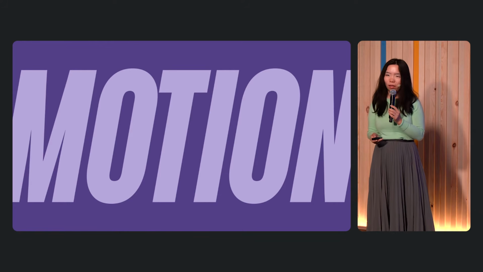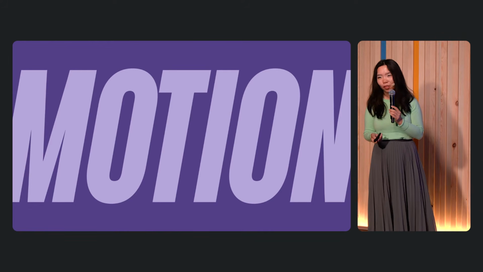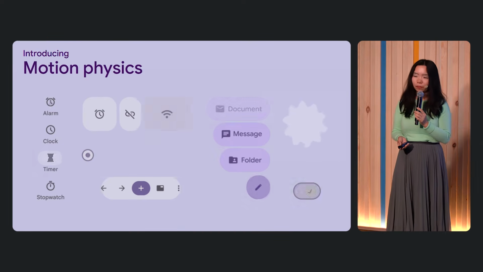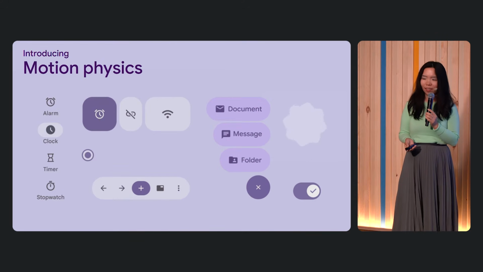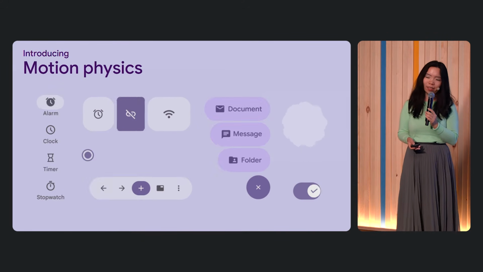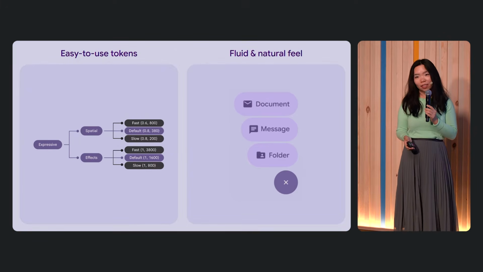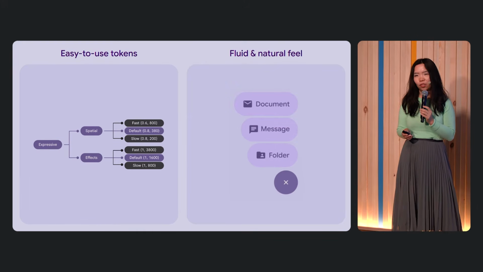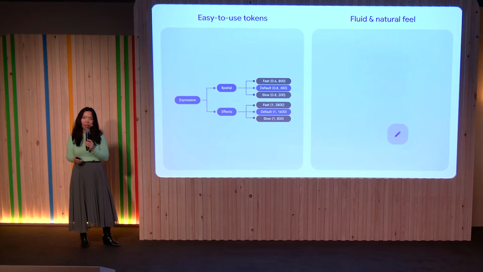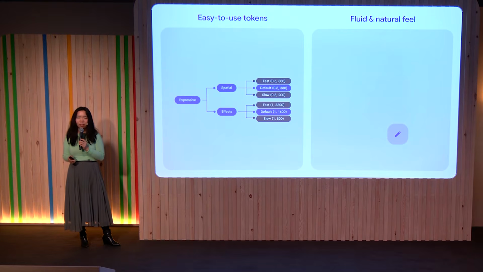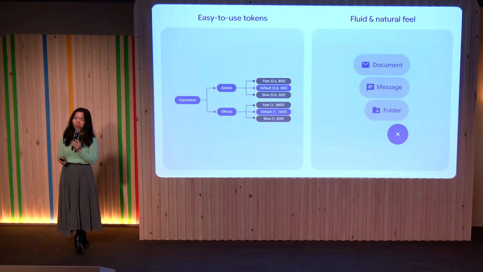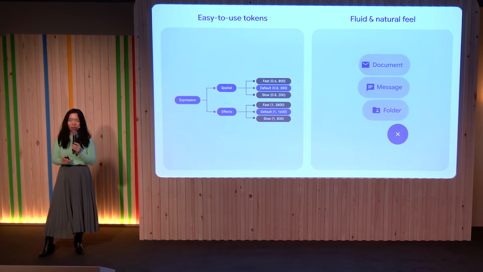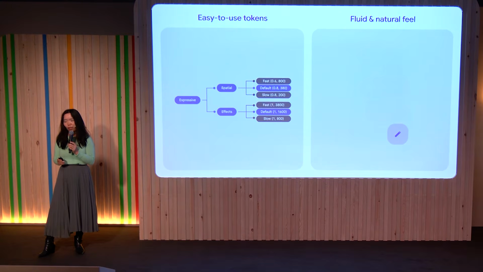Shape morph is just one part of the exciting update to motion. Motion is now a theme system in Material with out-of-the-box motion physics capabilities that you can customize in your product. So previously, if you've tried adding motion, you'll probably know that animations use complex easing durations and specs. But now with physics-based springs, it produces fluid and natural motion that are simple and easy to use, and you can adjust them